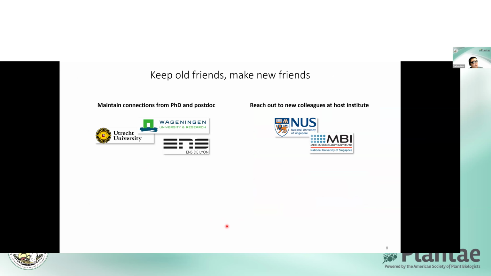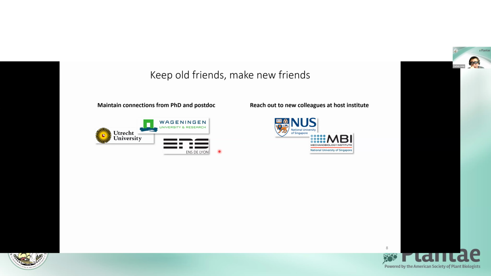Going a bit further on how to establish a research network, I can only speak from my own experiences. I think the easiest thing to do is to cherish the environment that you have been in and you are going to. One thing that is very important is to maintain your previous connections from PhD and postdocs, or maybe even earlier education, to maintain this great network where people know you, they know your quality, and you know their work, and therefore ideas can simultaneously emerge.